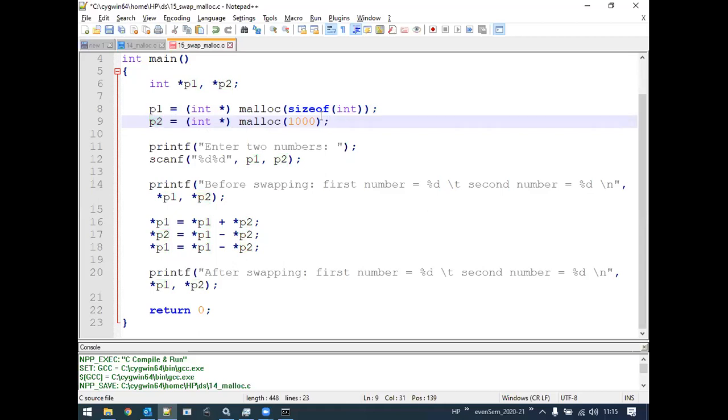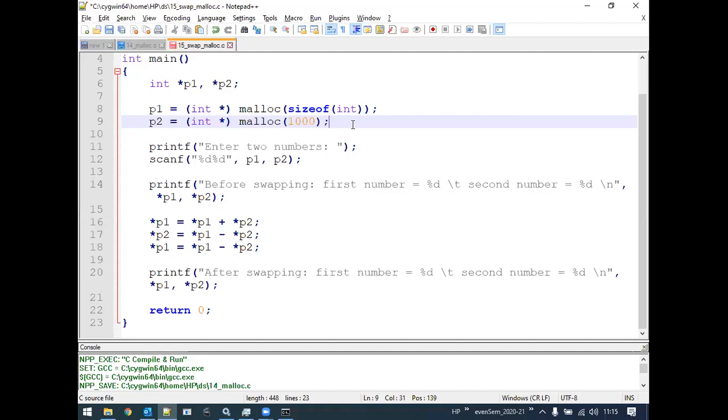Second is that the memory, whatever is being allocated, will contain the garbage values. Sometimes in the modern compilers, modern architecture, it contains garbage, or sometimes it may also contain a value 0. But in the older editions, whenever we allocated the memory using malloc, it used to only contain the garbage values. So these are the two drawbacks. First one is a single set of blocks. Second is the garbage values.